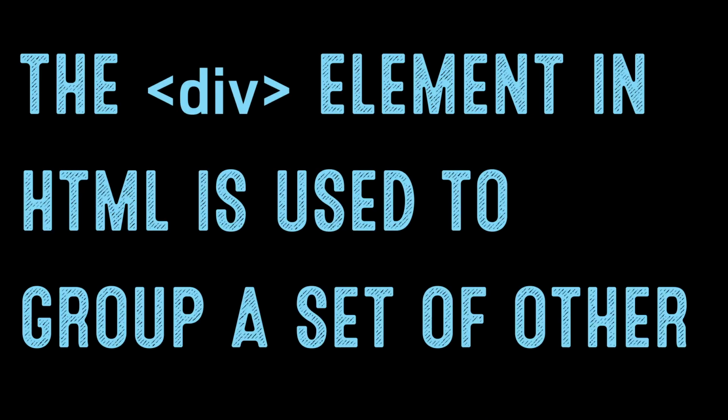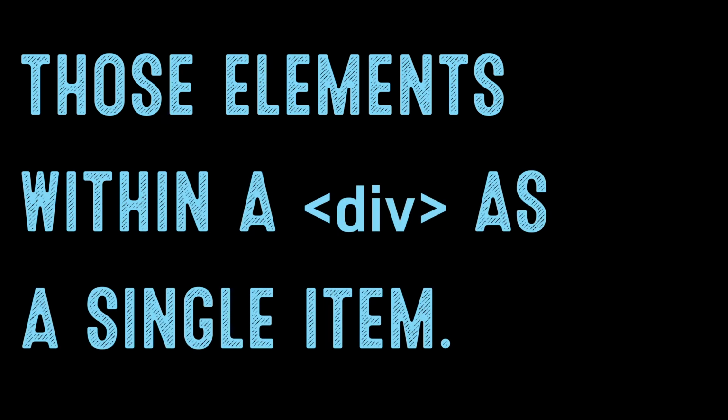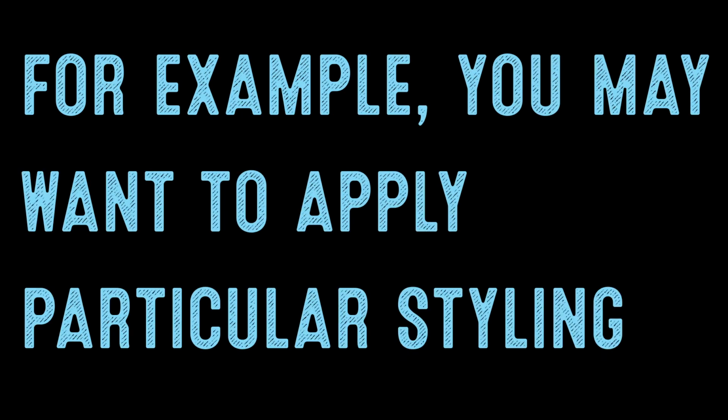The daily code snippet. The div element in HTML is used to group a set of other elements together. This is done so that you can target those elements within a div as a single item. For example, you may want to apply particular styling like a background color in a section that contains a heading